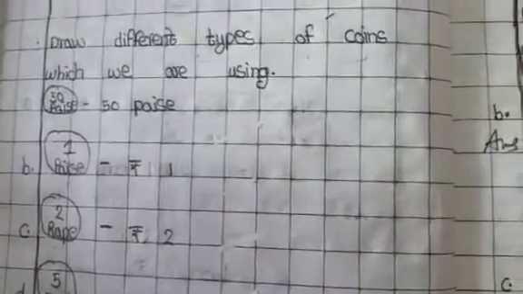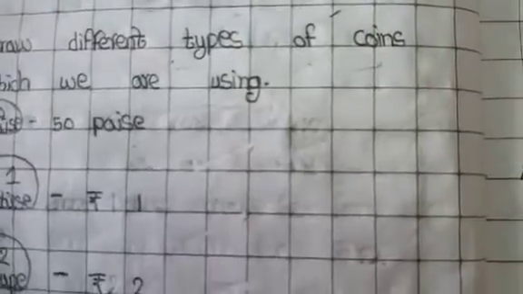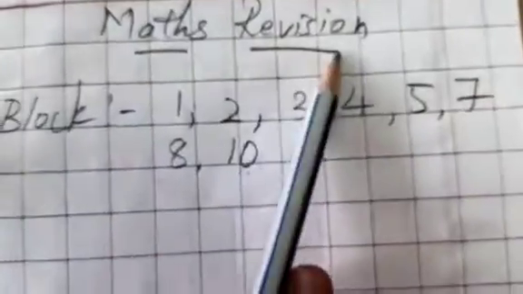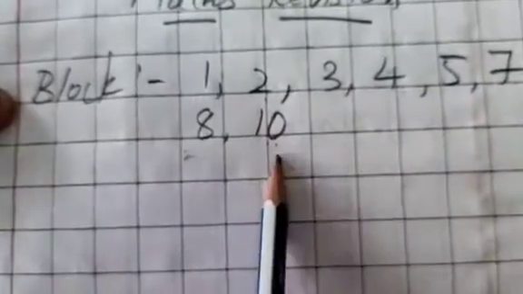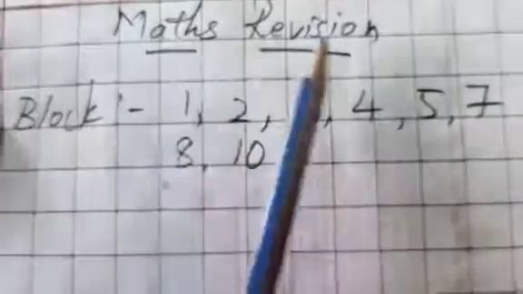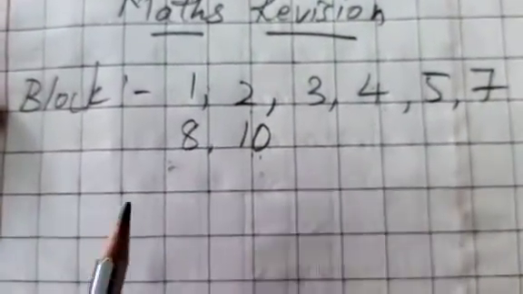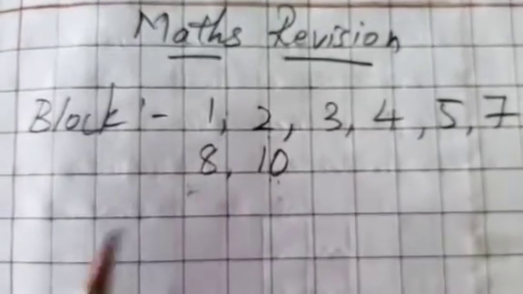Thank you. See you in your next class. And this will be your last block, children. Till block 22 only will be your last block. Next we'll see in your revision classes. Okay, thank you. Yes children, maths revision. You will be having blocks 1, 2, 3, 4, 5, 7, 8 and 10 for your revision. So daily you can practice in your classworks, workbooks and readers. Okay children, thank you. Learn these blocks from your classwork, workbooks and reader, children. Okay.